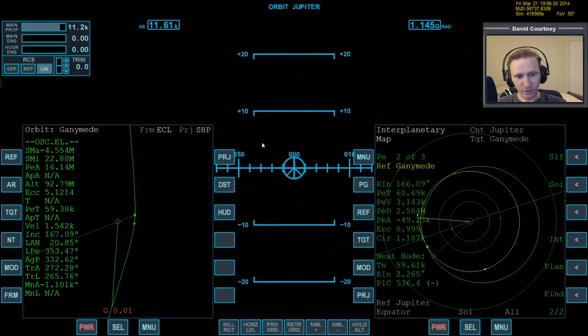Okay, so now a little bit of negative prograde, in other words, backwards, and a little bit of inward is helping. So I'm going to say at this point we can probably set the PEA to like 10 kilometers. Again, Ganymede doesn't have an atmosphere, so there's no need to worry about getting into the atmosphere, but it is in such close proximity to Jupiter, and there are other significant moons around Jupiter that our PEA will probably oscillate as we orbit